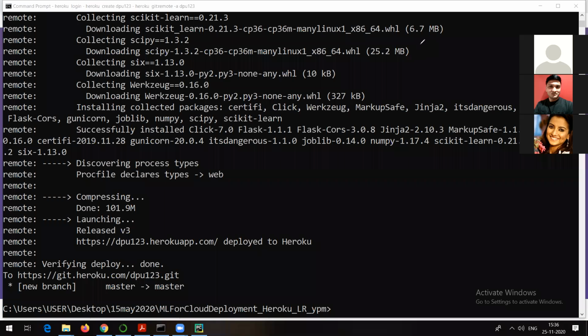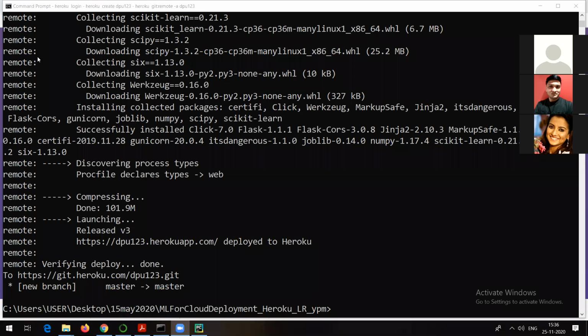There was one file, the requirements.txt file, in which we always mention everything required for that particular project. Now, if you are able to see this particular link, this is the link with the help of which anyone can access my web application. He may be in another country, right? He may be sitting in California, Mumbai, Pune, wherever. He is able to access it because it is on the cloud.